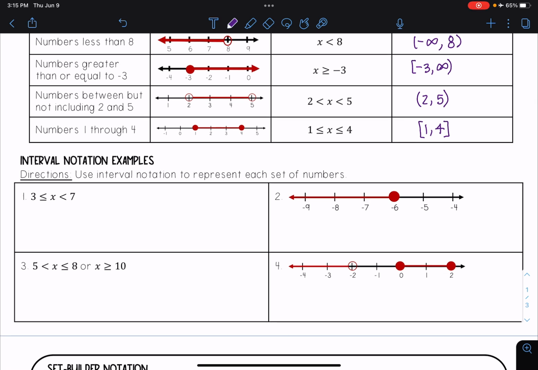Let's go through these 4 different examples. So I'm going to use interval notation to represent each set of numbers. For this first one, I have a finite interval. It's 3 is less than or equal to x, which is less than 7. I know for less than or equal to, that means I'm including the 3, so that's going to be a square bracket. Less than means it's going to be a parentheses. So that means my answer here is going to be